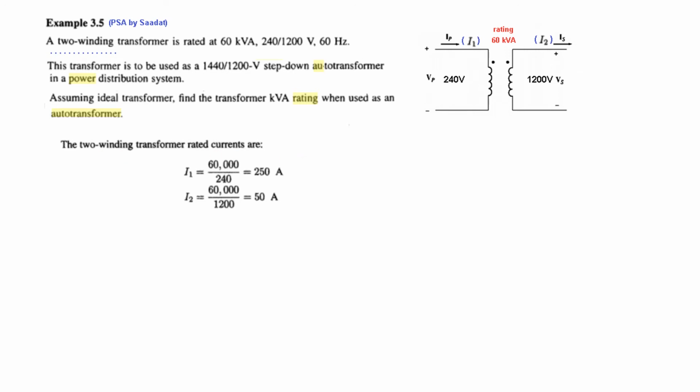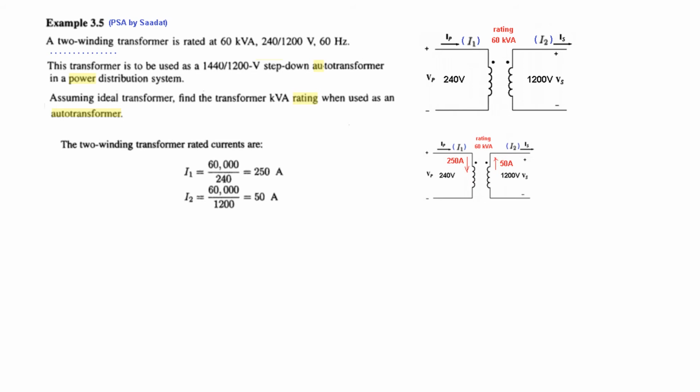Now for the two-winding transformer, you can see that the current is the kVA rating divided by voltage. So 60 kVA divided by 240. So the primary current, or I1, is 250 amperes. And similarly, I2, or the secondary current, is 50 amperes. And so we can now redraw it with the currents: 250 amperes and